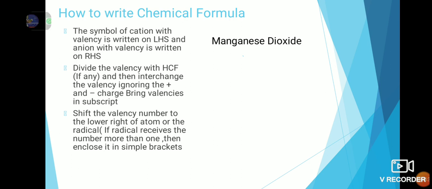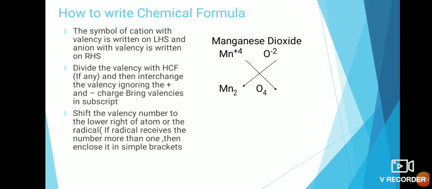So from this name, that is manganese dioxide, I can clearly say manganese has Mn plus 4, that means manganese has valency plus 4, and oxygen has valency minus 2. So you may be confused how dioxide, when I am using only O minus 2. Now please remember, as I said, once you have written the name of the cation with its valency and that of anion with its valency, you have to go ahead and cross multiply the numbers. That means you have to put plus 4 on the right hand side as a subscript and minus 2 on the left hand side as the subscript.